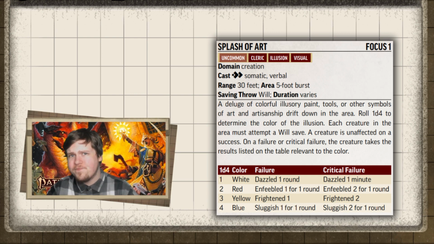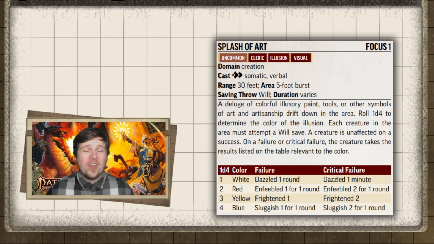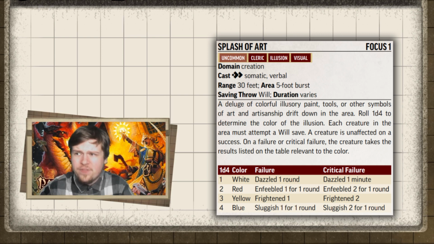You roll a d4, and everything in the area makes a will save, and depending on their result, a different effect occurs depending on what you rolled on the d4. It's worth noting that on all of these results, even a normal success completely negates the effect. So they have to fail or crit fail for anything to happen. I'm not going to go over all the crit fail and fail differences, but effectively if you roll a 1,